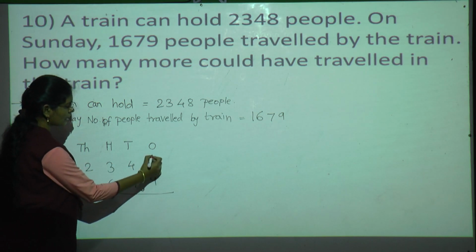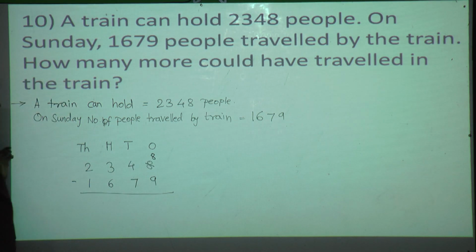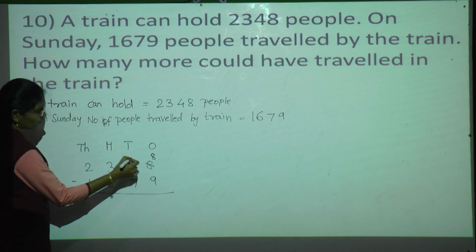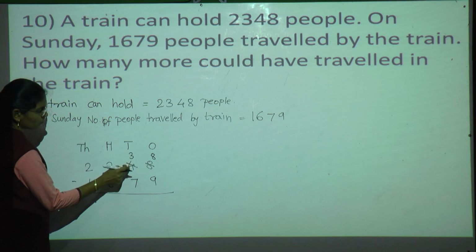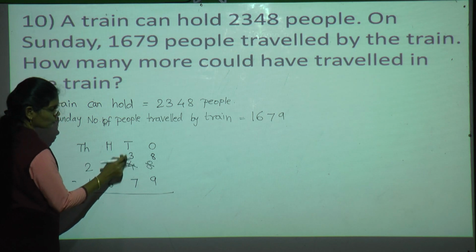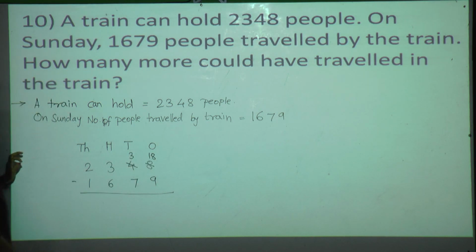So just cut this 8 and write as it is and then go to the neighbor. Who is the neighbor of ones? Tens is the neighbor of ones. Now this tens is having 4. Do the subtraction. 4 minus 1 is equal to 3. Why? Because we are going to give one borrow to the 1. So here 4 minus 1 is 3 and here 8 will become 18. Do the subtraction now. 18 minus 9. After 9 count your fingers till 18. 18 minus 9 is equal to 9.